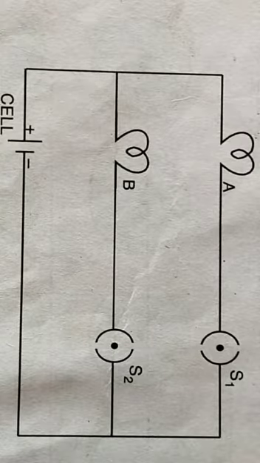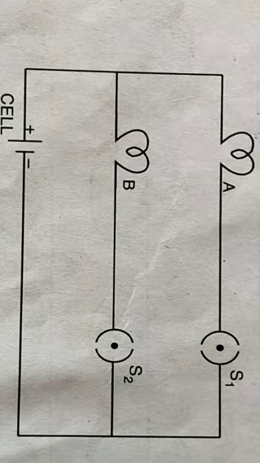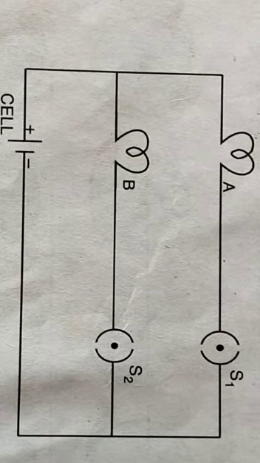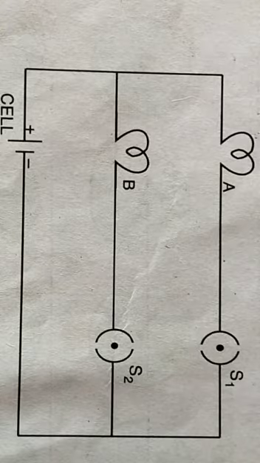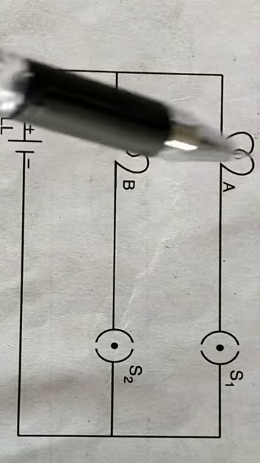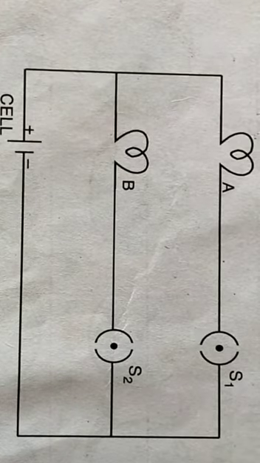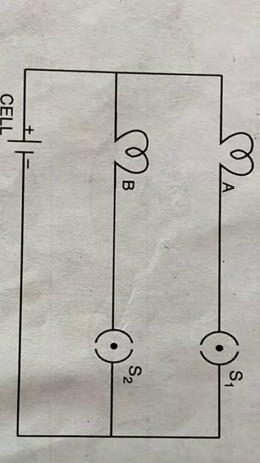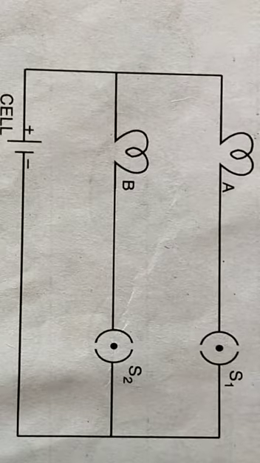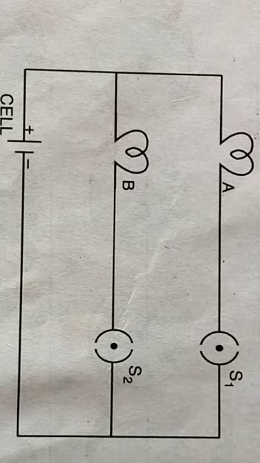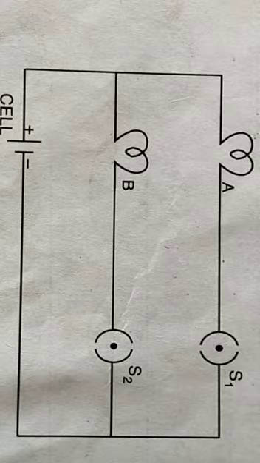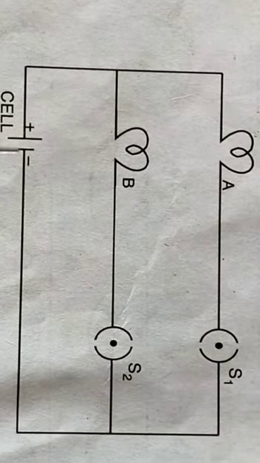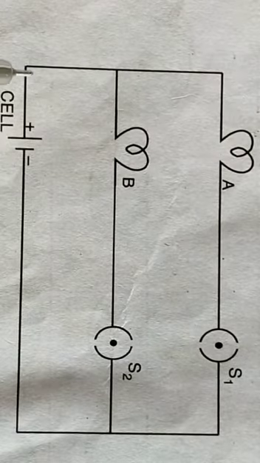Now let us understand a parallel circuit. In a parallel circuit, here in this diagram you can see these two bulbs, bulb A and B, are connected in parallel. In a parallel circuit, all the electrical devices are connected by means of parallel connection, and there are multiple paths through which the electric current flows. Here in the circuit diagram, you can see there are two paths in which the electric current is flowing.